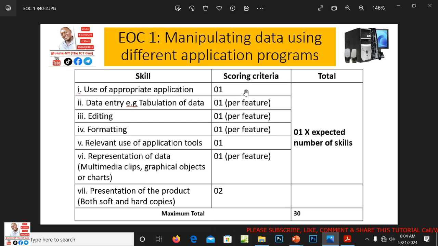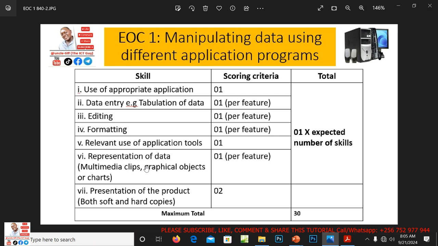So the examiner is interested in awarding scores according to these skills, as you can see them: using appropriate applications, data entry, mostly if you have data in a table, also doing some editing, making your work error-free, formatting, making some changes here and there, and relevant use of application tools makes you earn a mark.